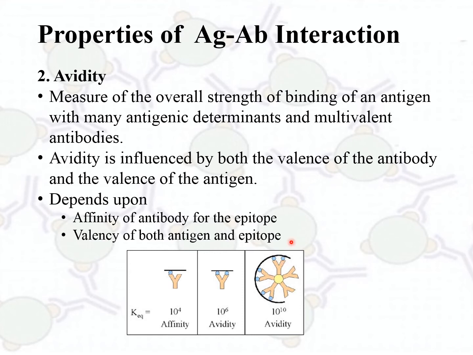Sometimes high avidity can compensate for low affinity. For example, the secretory pentamer of IgM often has a lower affinity than IgG, but the high avidity of IgM, because of its higher valency, enables it to bind to antigen effectively.